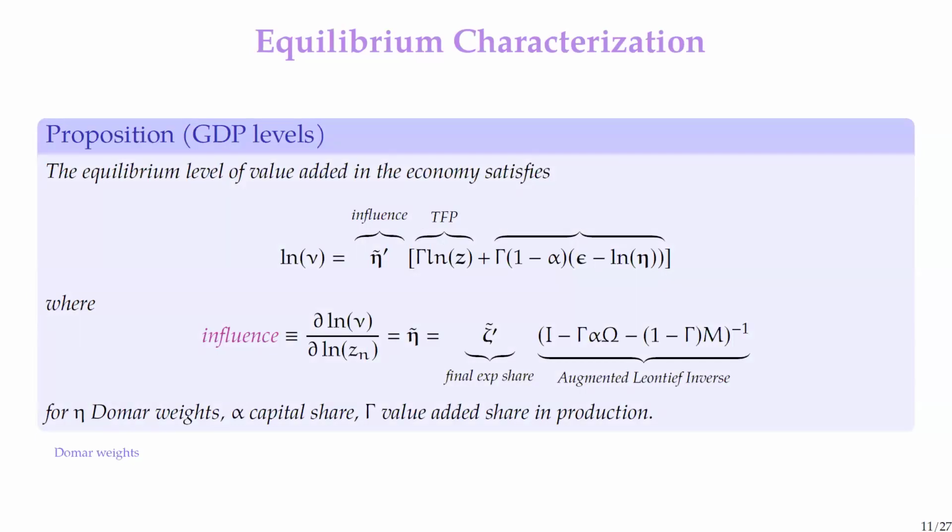So this, in equilibrium, will depend on TFP as well. But in terms of how we can measure it in the data, first, it is quantitatively almost 0, so all the differences will come from this vector of sectoral TFP. But empirically, you can show that it can be measured through differences in the sectoral employment distribution, and this is the equilibrium Domar weight. But again, quantitatively, this term will be almost 0, and all the income differences will be explained by the sectoral TFPs multiplied by this influence vector.